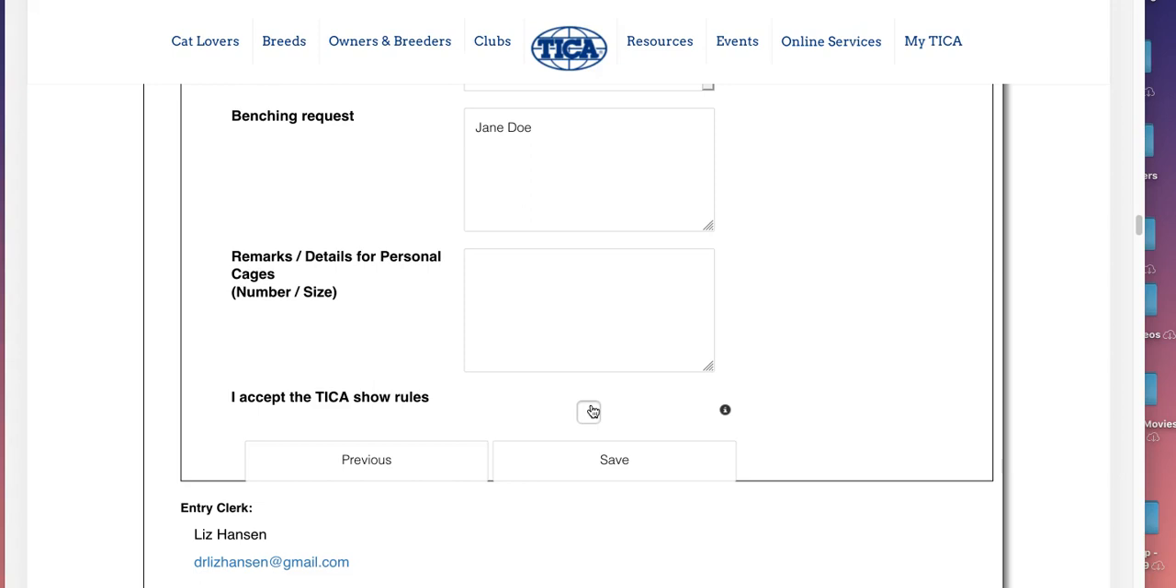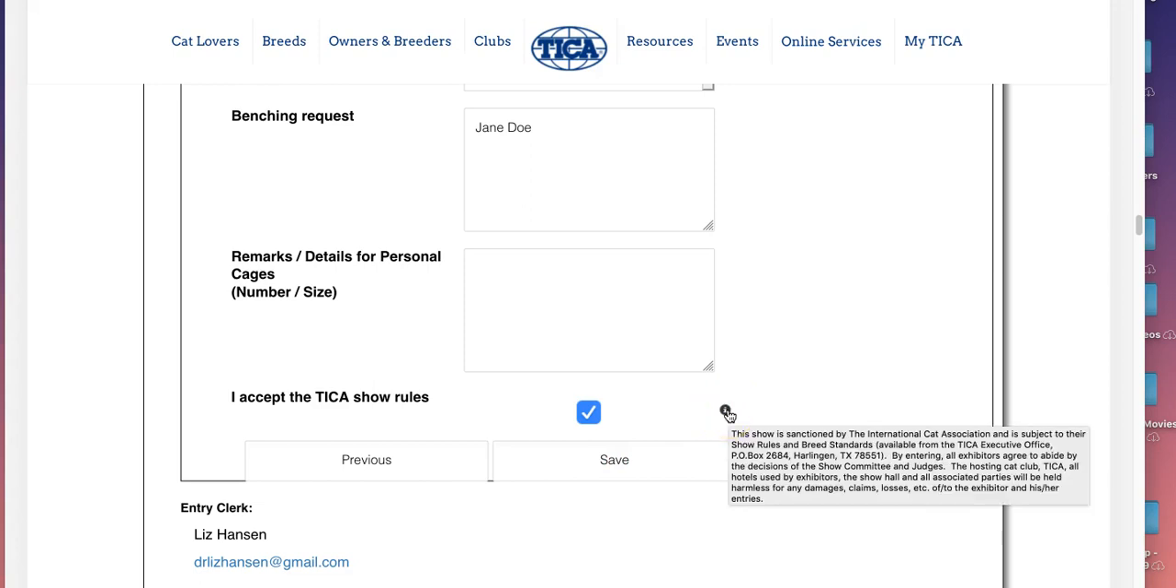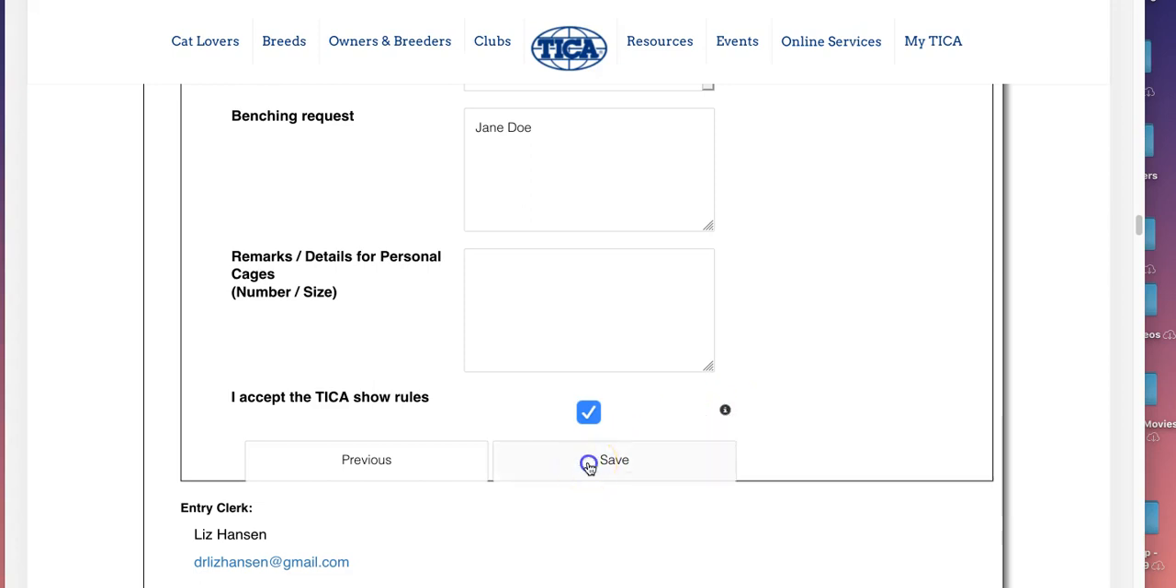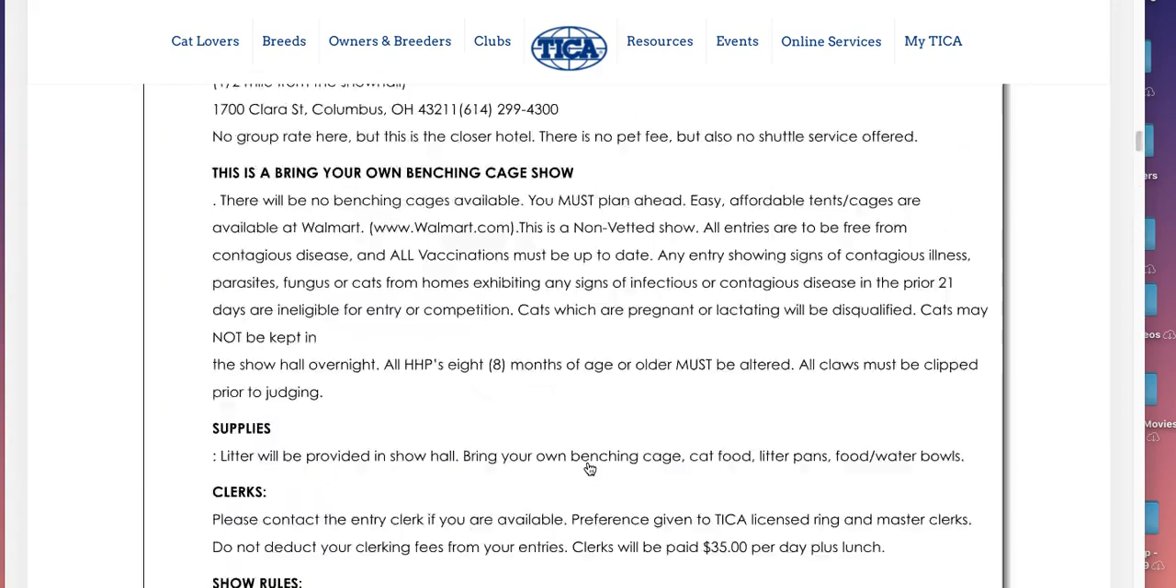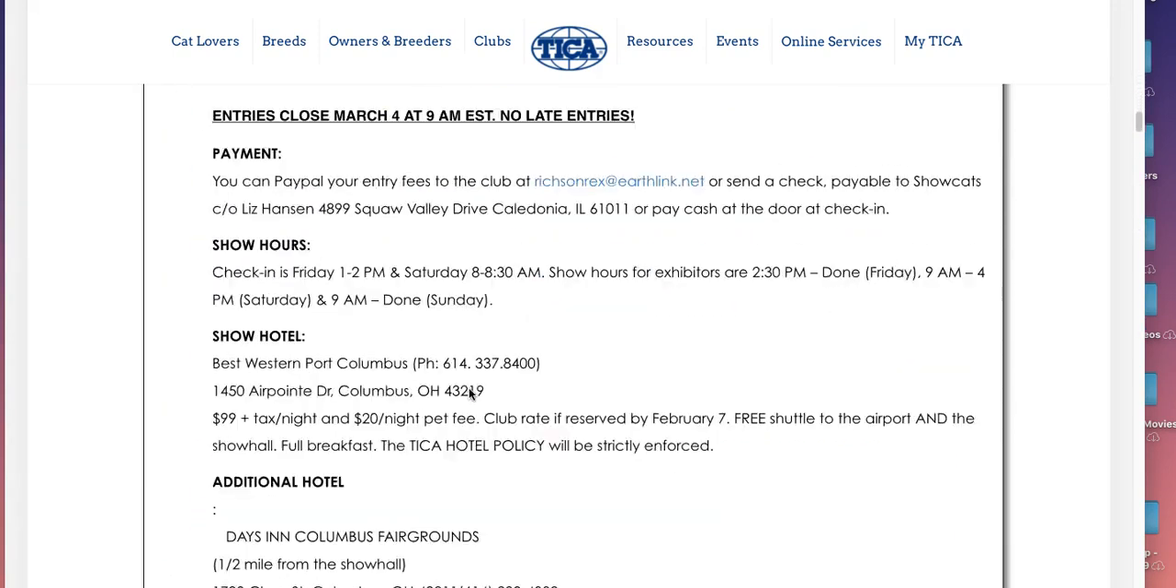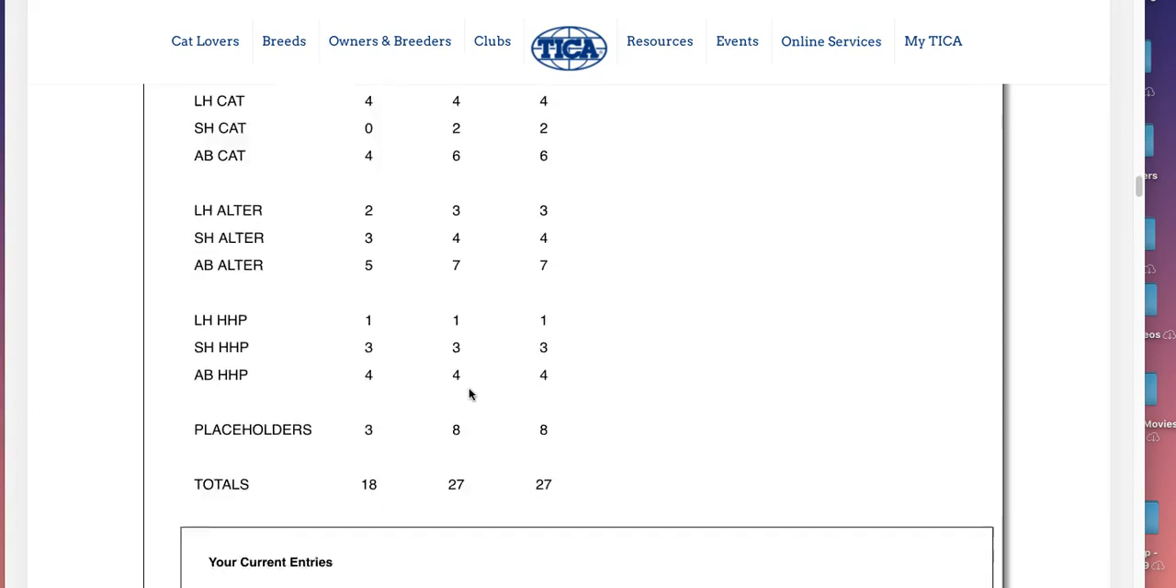Whether I decide not to attend, if I'm unable to attend, if I just change my mind, whatever it is, you're still committed to the show. Click that box that you have accepted the show rule. There's some further information right there about that. And then click Save. And now, it takes me back to the beginning of this particular show's information, but if I